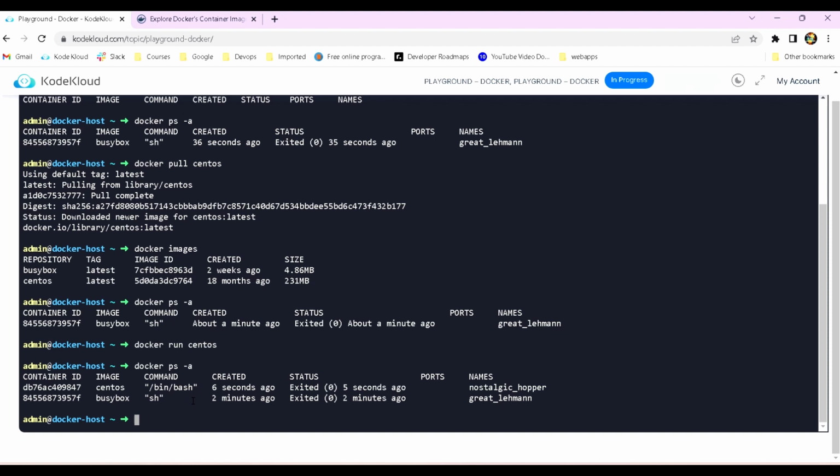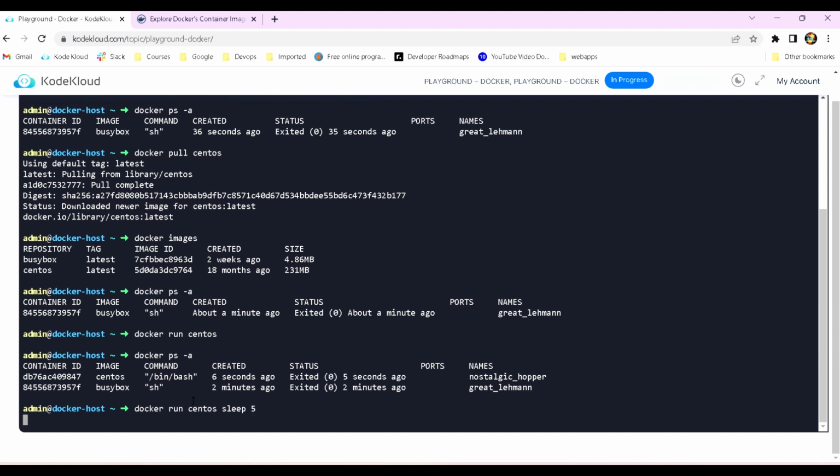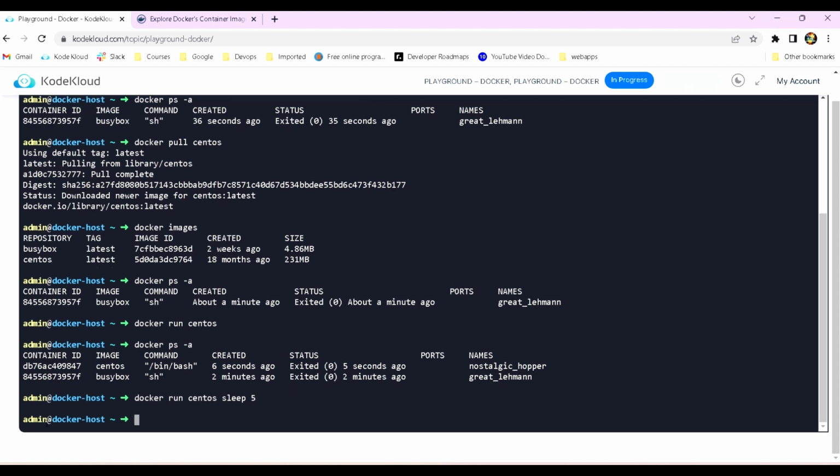So let me try to do something else. Docker run CentOS sleep 5 seconds. So now I'm running it. What it will do is keep the container alive for 5 seconds. While it is doing that, I'm not able to do anything. The prompt won't come back quickly, because until it has completely finished running,